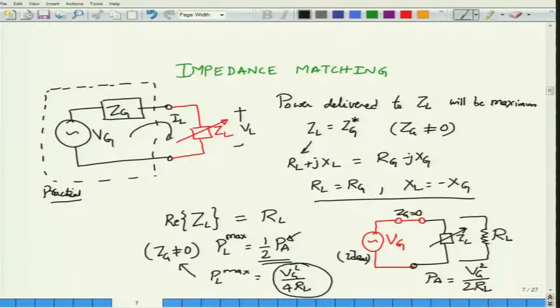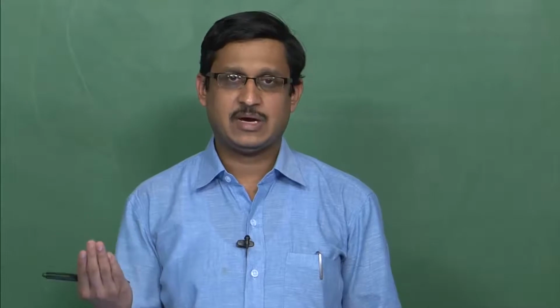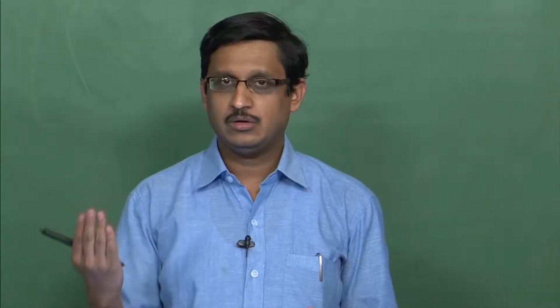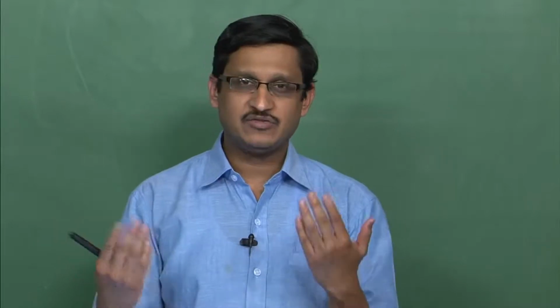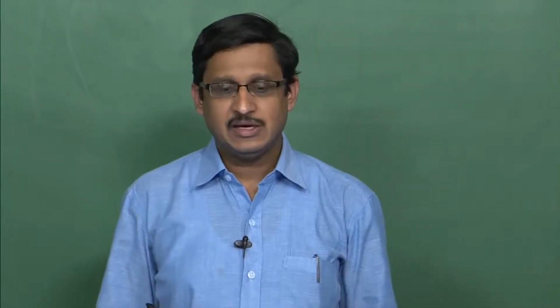Okay. Regardless of the fact, what is important to take away from the last 10 minutes is that when I have a source impedance which is non-zero and fixed of a practical voltage source, then maximum power can be extracted, or maximum power can be delivered to the load, provided the load impedance will be the complex conjugate of the source impedance. While this theorem is very nice to talk about and do all these simple calculations, it fails to